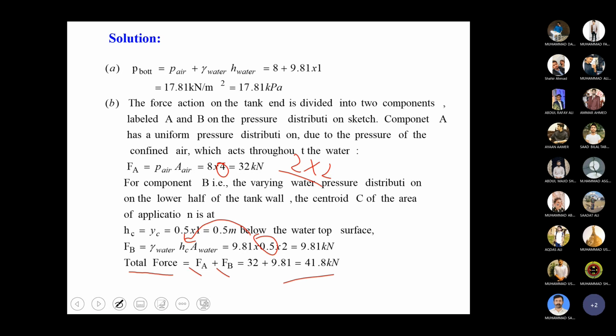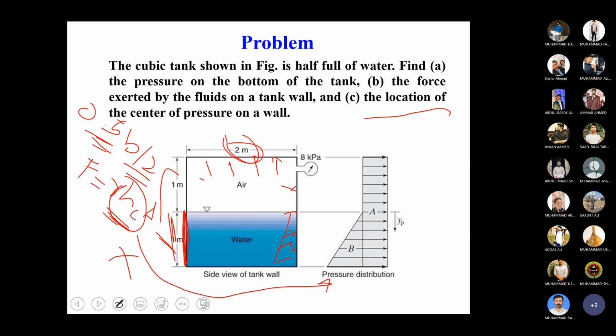So it's very simple. Okay, so the third part of this question is that we need to find the location of center of pressure. So center of pressure, as it is mentioned in this problem, we need to find from the water top surface. Okay. So we are actually ignoring at the moment the top area, which is due to air. As the center of pressure greatly depends upon the water surface, therefore, if we want to find it from the top, then obviously we will add 1 plus this yp. Okay. So center of pressure from the water top surface,